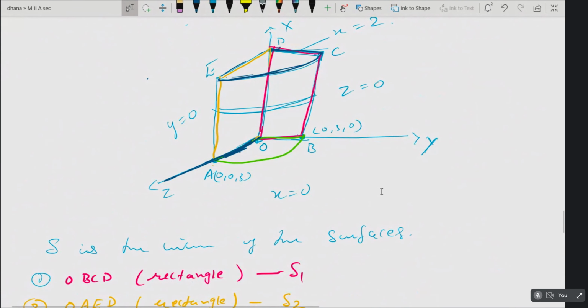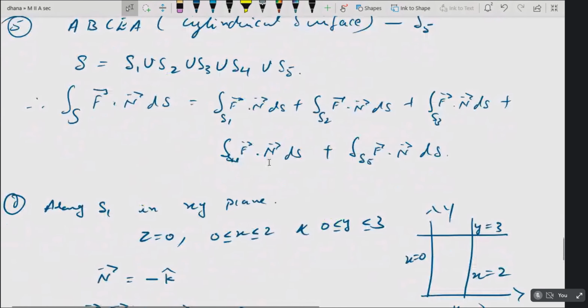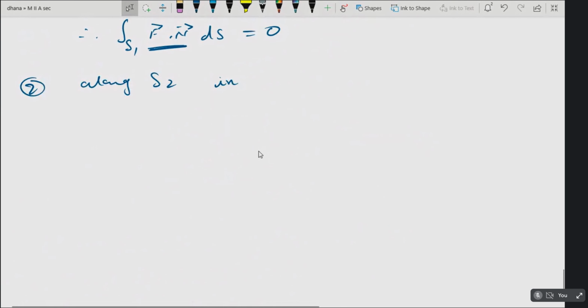So here itself, now let me discuss all the points. In the XZ plane, y is 0. And the outward normal vector would be the y axis, that is j. But since this is inside the surface, therefore minus j. So I'll write here, in the xz plane, y will be equal to 0, n cap is minus